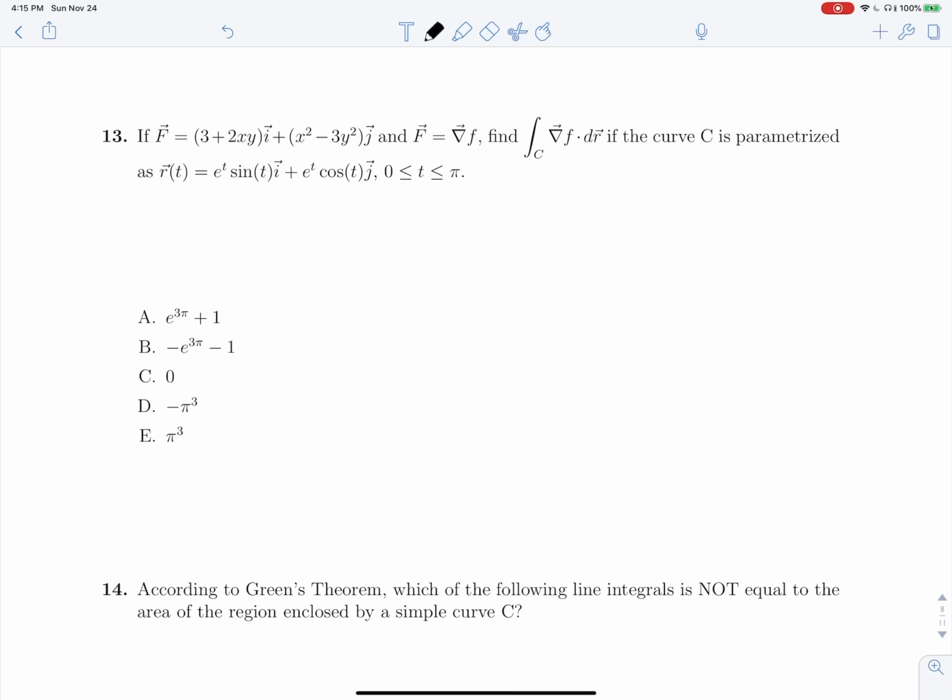Okay, we are given that this force field F is the gradient of some potential function F. And we are looking for, well, they say gradient of F is just F. Gradient of the potential function F is just F. So they're looking for the line integral F dot dr of this curve. So this is a perfect case for the fundamental theorem of line integrals. It says that F dot dr,